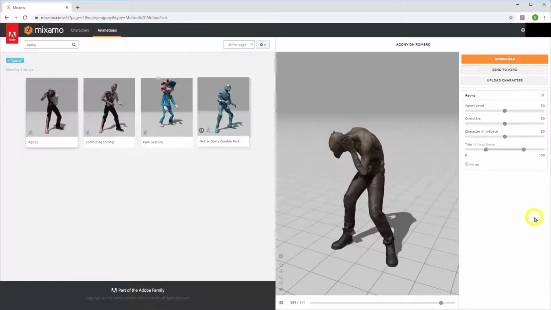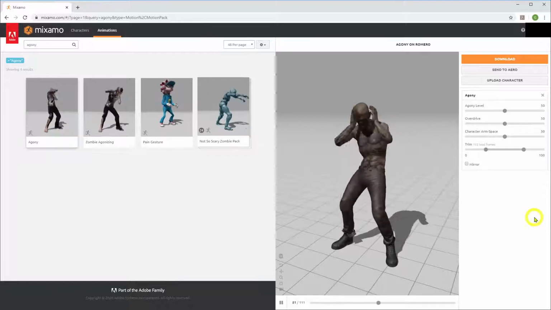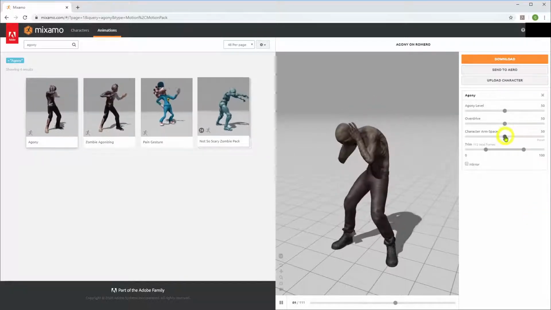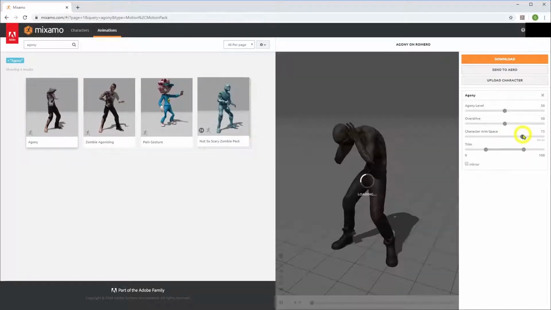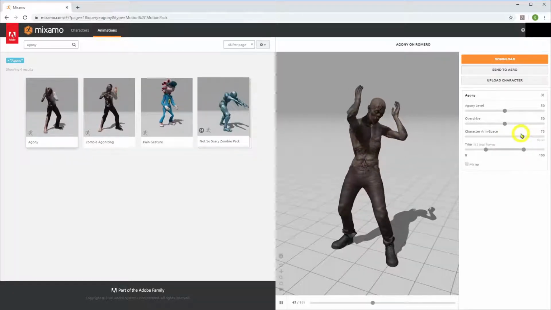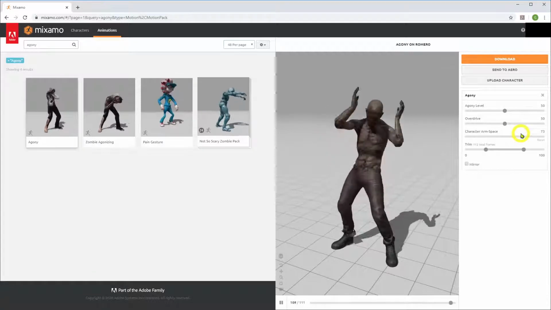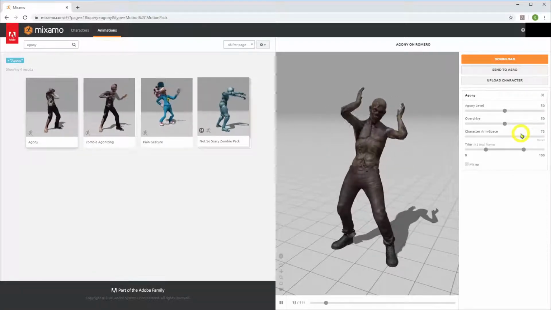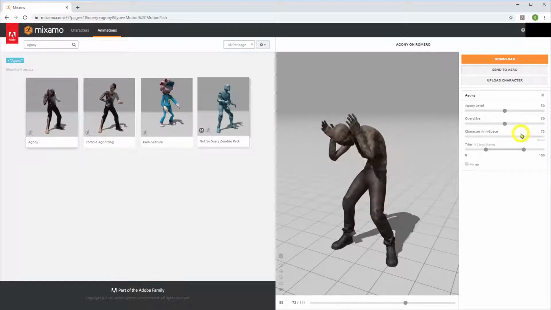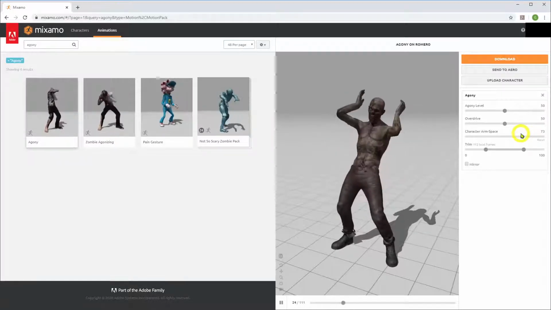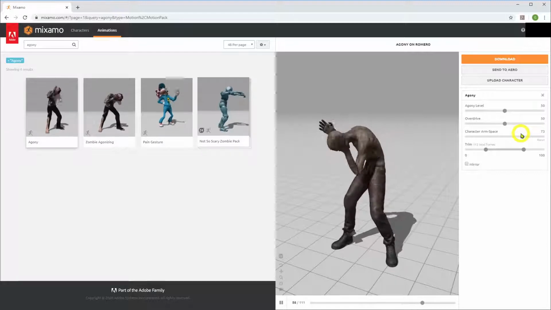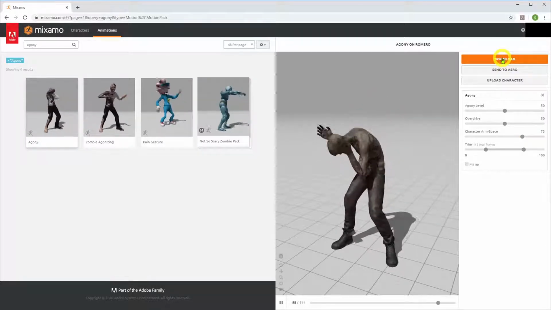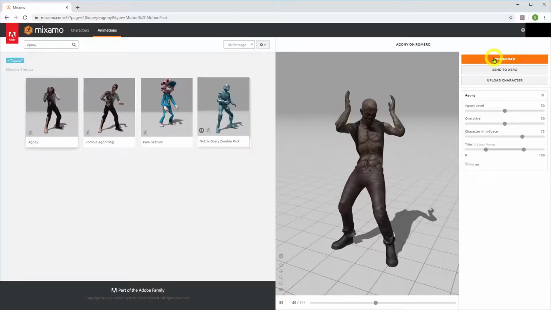And there are some minor features you can pick before exporting the animation. For this one, we're gonna increase the arm space a little bit, like that. You know, you can do whatever you want, but this is how we're gonna do it for the tutorial. Okay, so let's download the animation and pay close attention to what we're gonna do here. We're gonna click download,